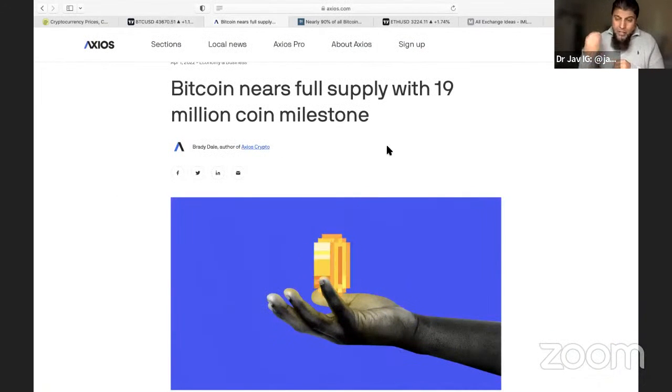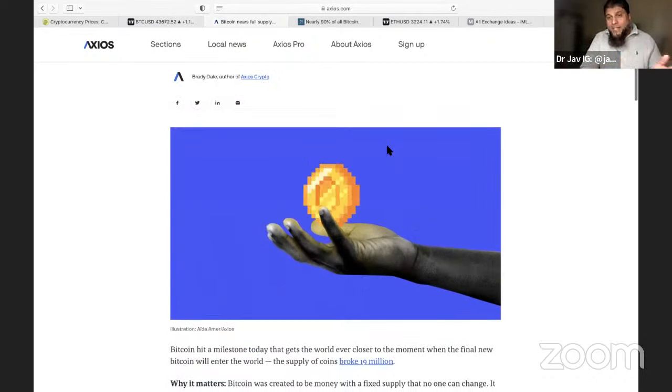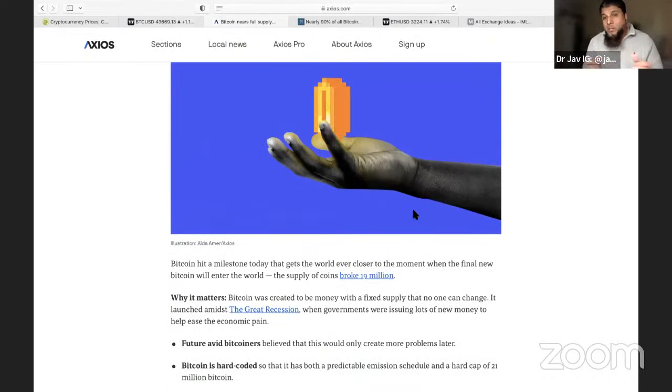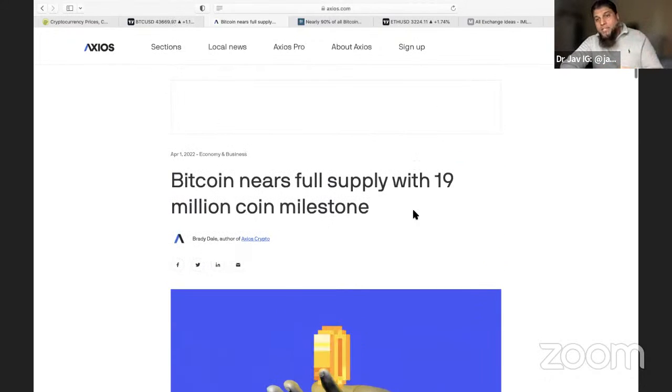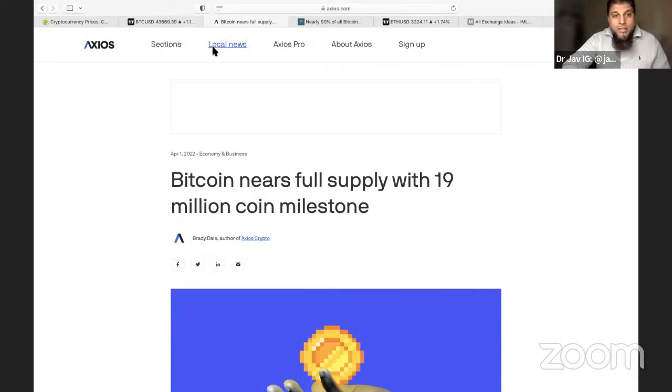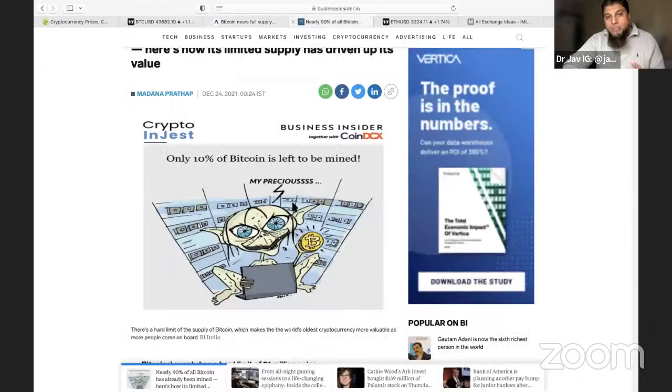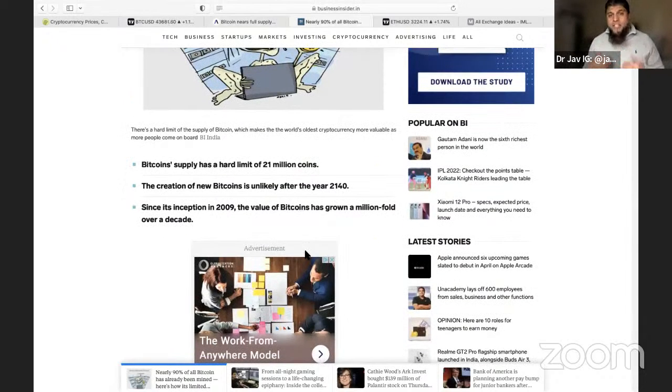Again, another very important thing I want to mention on this call today is that Bitcoin has currently gone beyond the 19 million coins mined milestone. There's only 2 million left, and Bitcoin is expected to hit that final 21 million in the year 2140 or thereabouts. Now, knowing this information, the fact that there's only 2 million potential Bitcoins left in the market, what is that telling you? Over 90% of Bitcoins have been mined, and because there's so few left,